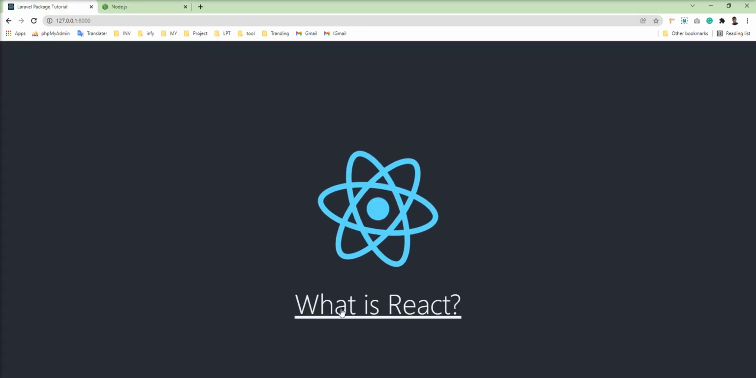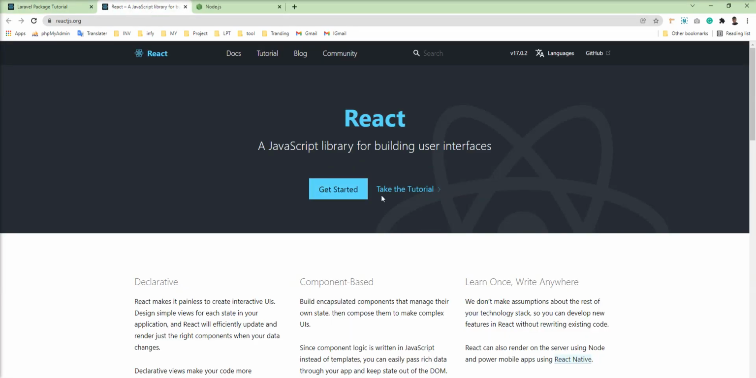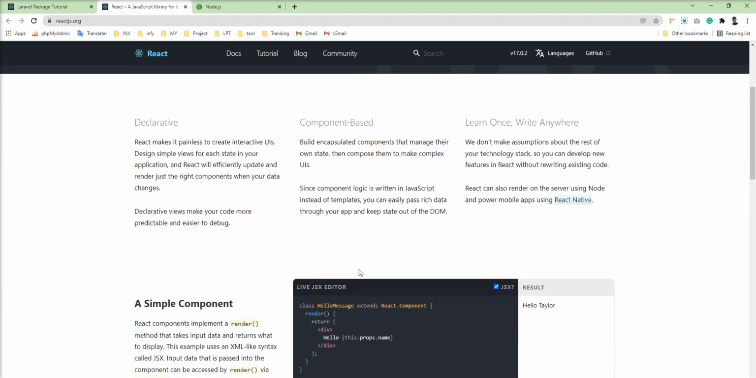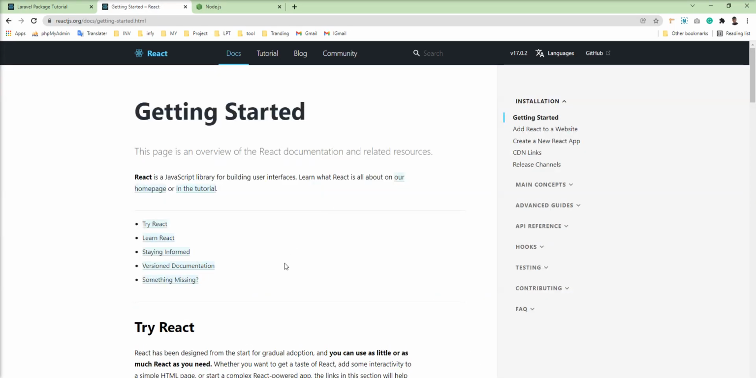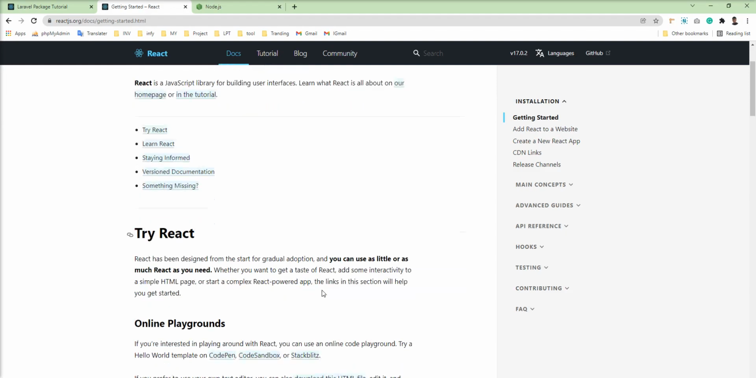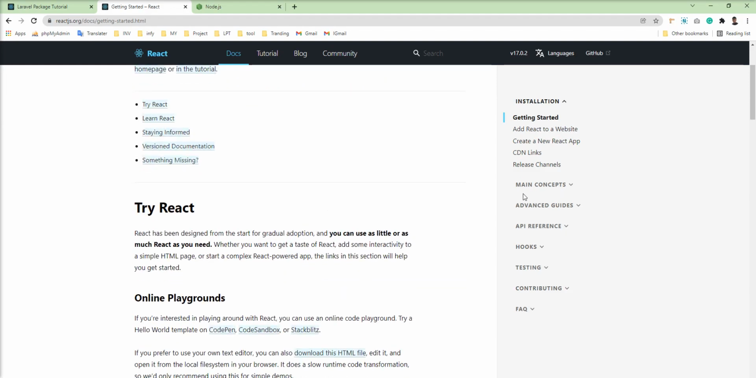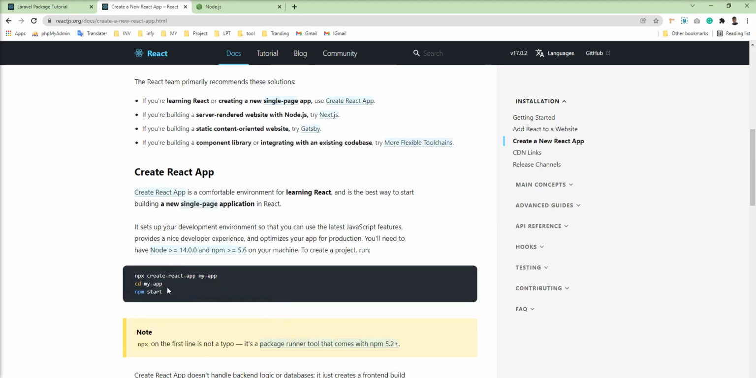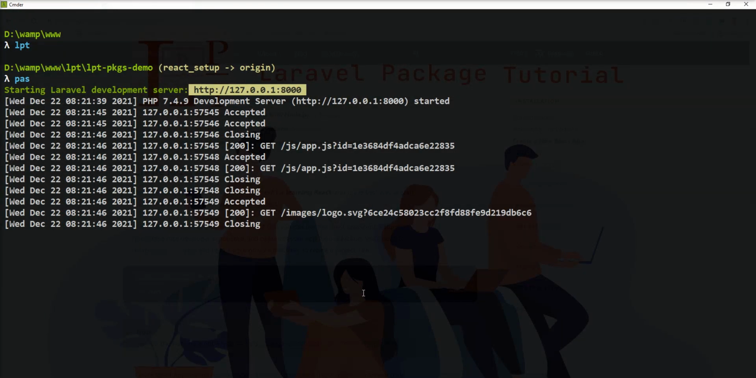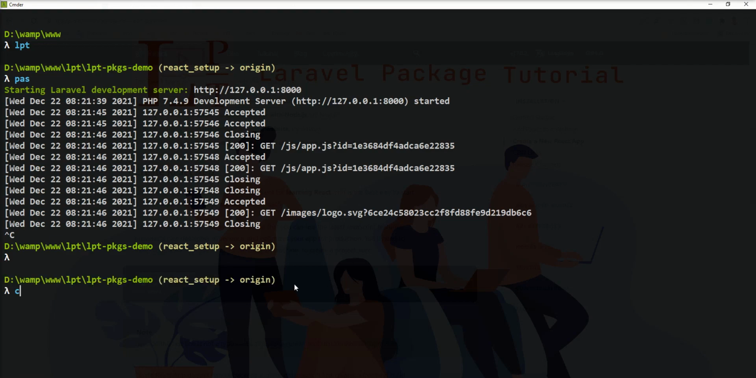So let me go to the official documentation of React. This is the official website and it's well documented here. So let's start, and everything is given here, so you can refer to this document as well. So I'm going to create a new application. The command given is npx create-react-app, and you need to specify your application name here. So let me fire this command and stop the server and